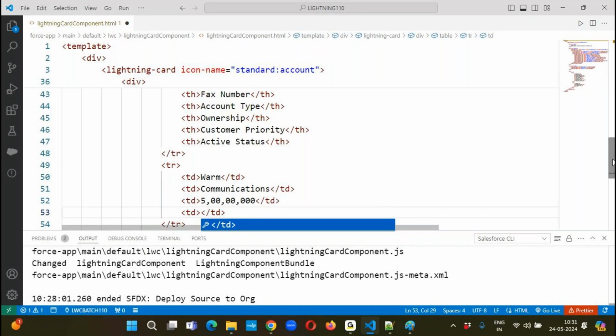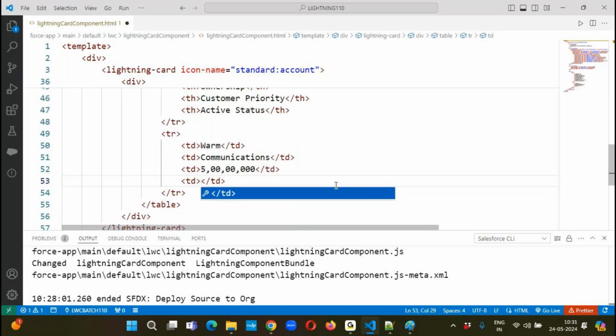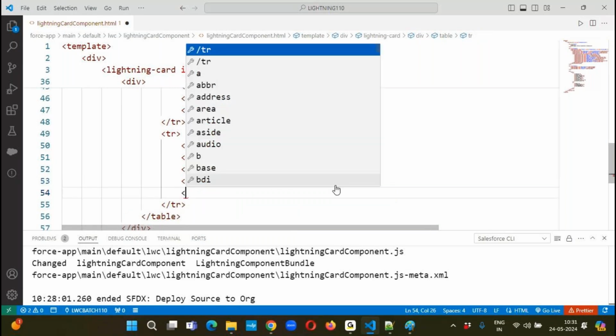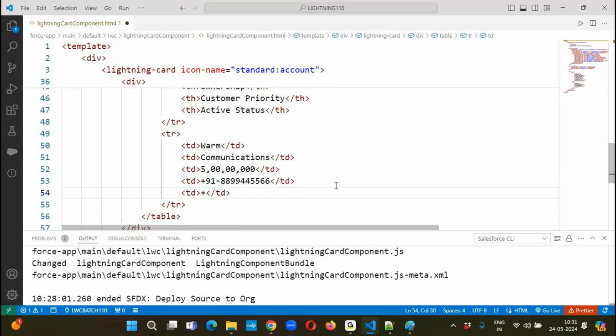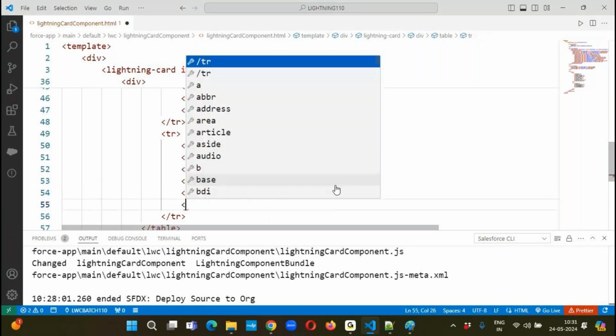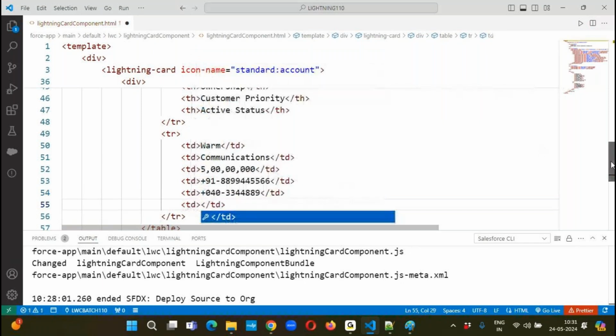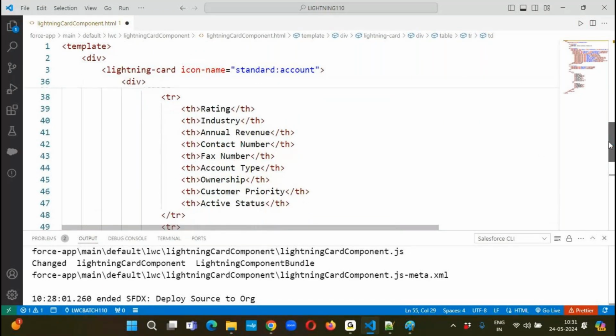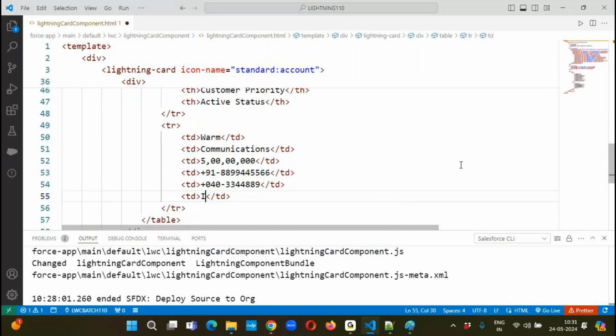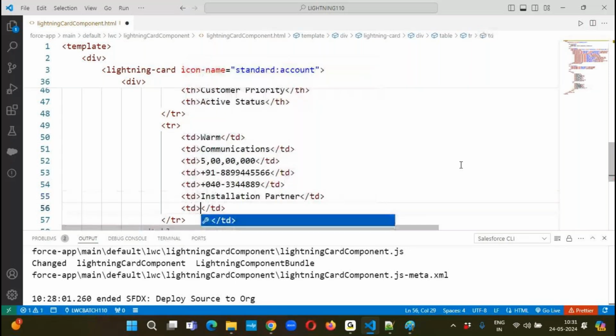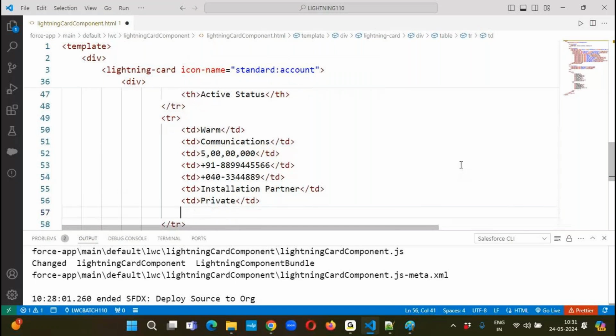And then after that I would like to represent contact number. Plus 91, I'm giving some value. Fax number, I would like to specify 040, I'm giving some value. Now I would like to specify the account type, that will be installation partner, and the ownership private. Customer priority some high,